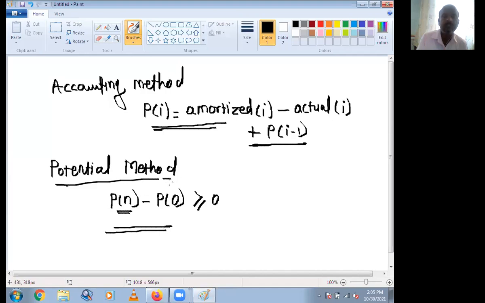This is the formula for the potential method. This is only for study, not for implementation, and problems may not be asked on this.